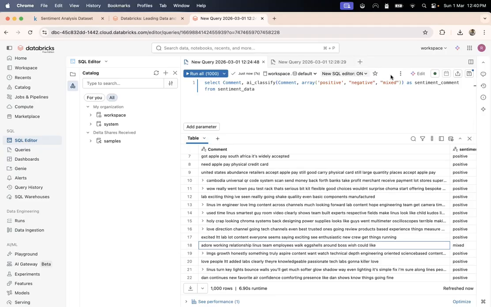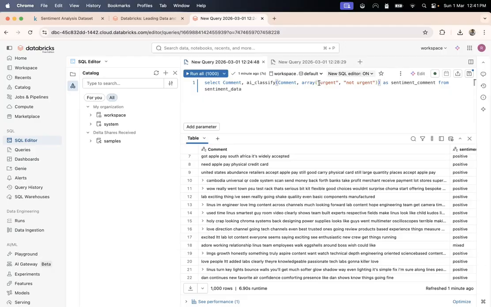You can set up these functions very easily, and I can show you in another video how you can take this query and integrate it into a job or a continuous streaming pipeline, Lakeflow jobs. Here, you might have a use case where you want to classify comments into urgent and not urgent. Simple as that.